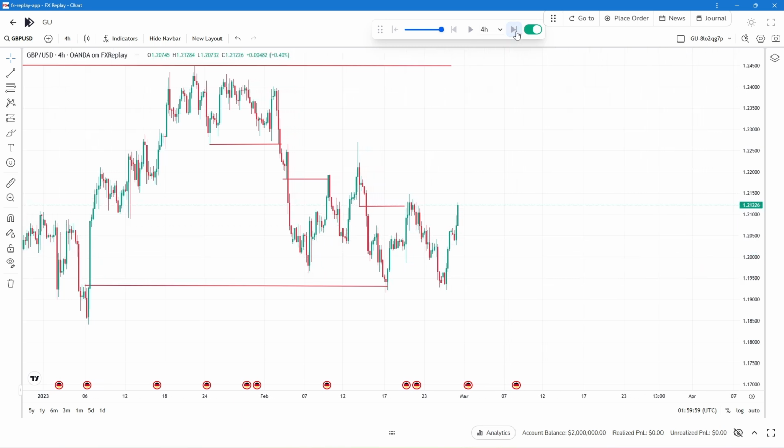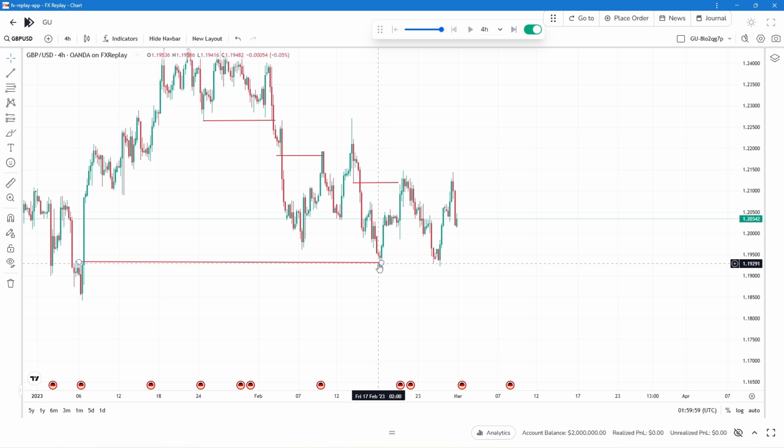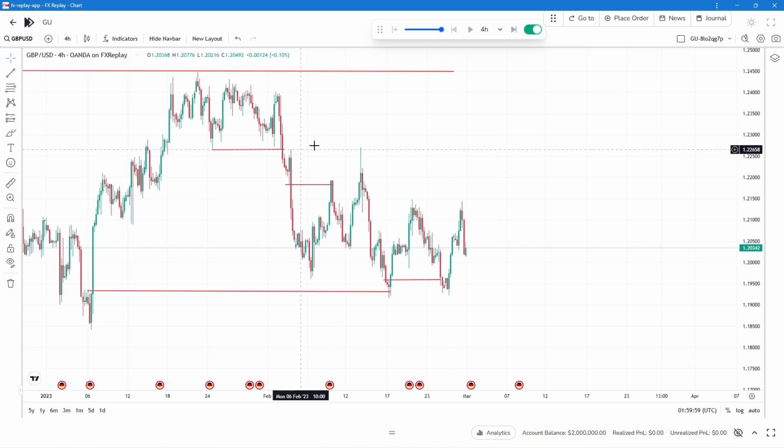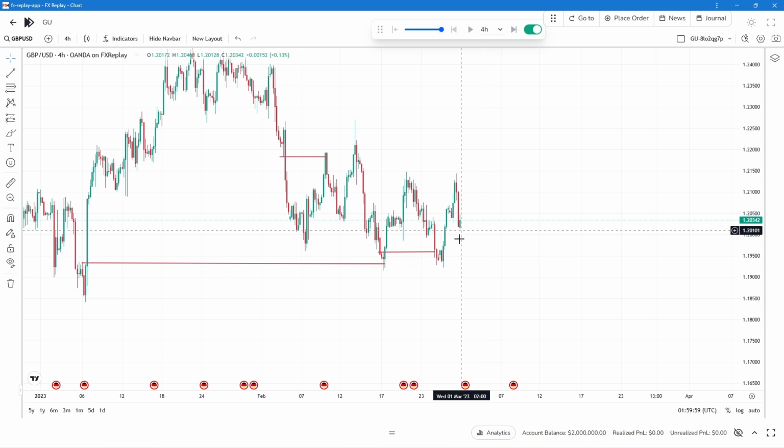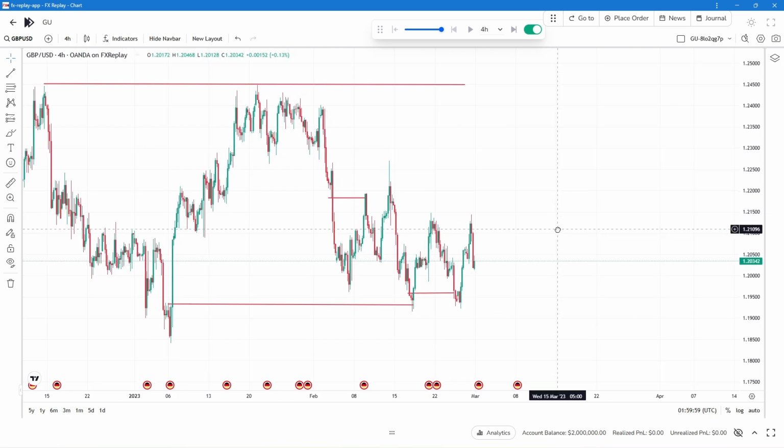Now, the thing is, okay, we came back to retest this and we are building a lot of liquidity. If you can see this here, to the high side, we've got double tops here and we've got double tops up here. Now, this could be a really good opportunity for longs, but